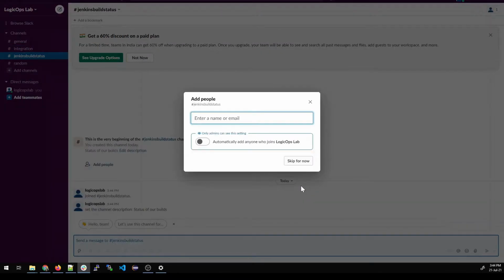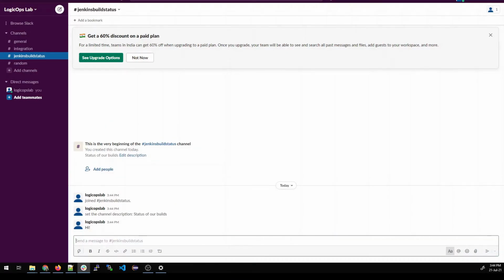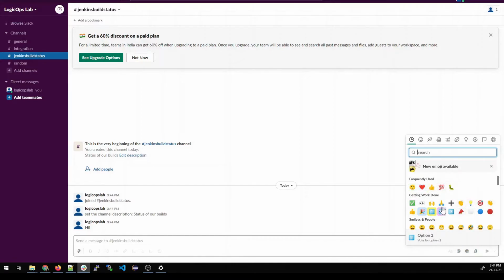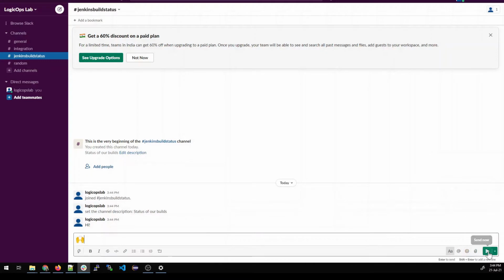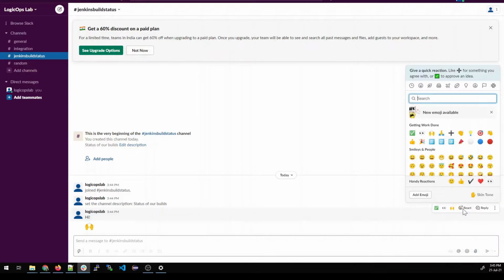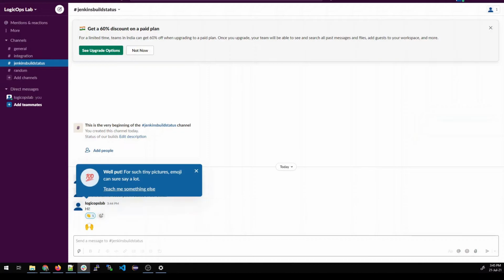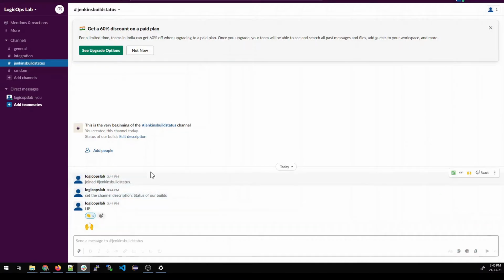Click on create and you will see it has been created. You can add the people, you can send them email from their email ID. We'll just skip for now. Let us type a message and push that message in this channel. It's been pushed, and on your right you can see there are a lot of emojis. So that's what you can do when you have a lot of people in a team and you have to talk to each other, communicate and react on their comments. You can see there are multiple emojis over here. Let's say I want to say hi. So for hi we have wave. Just click on that and you can react to their messages. So that's all you have to do.